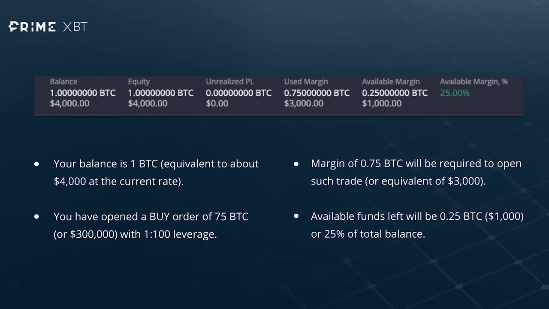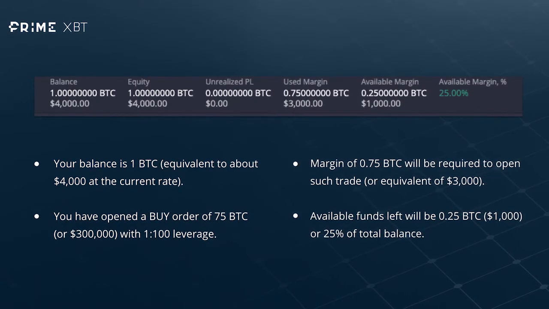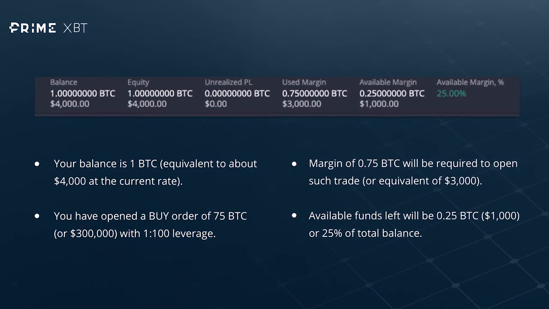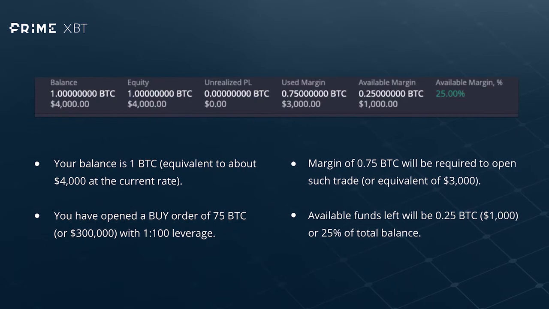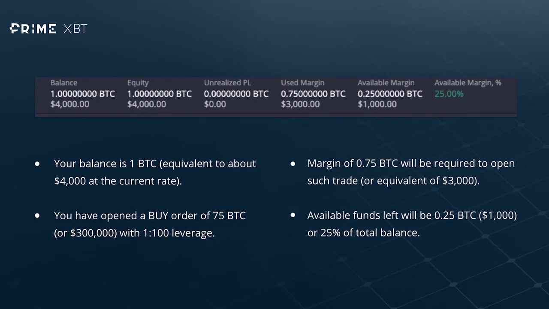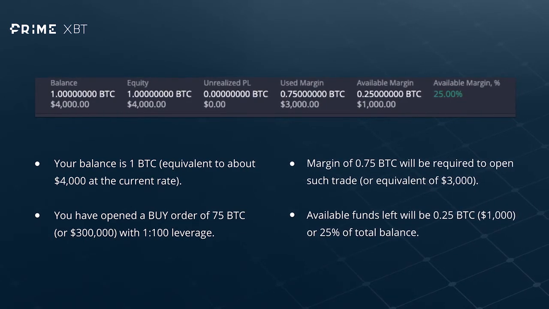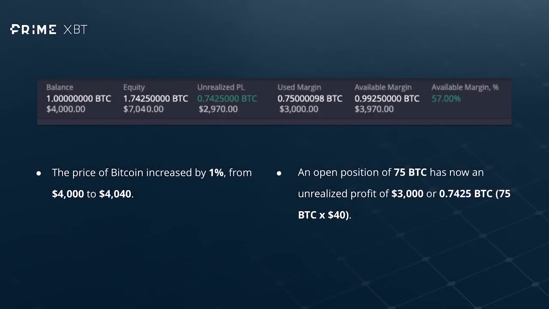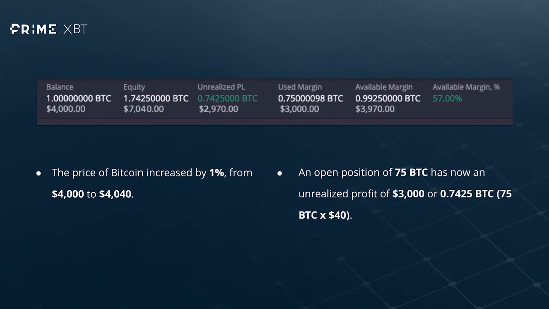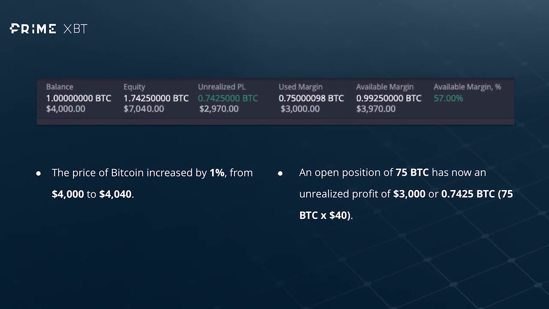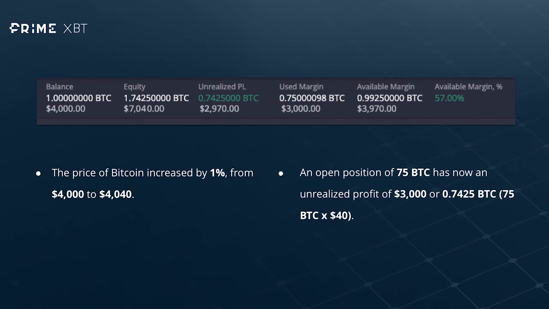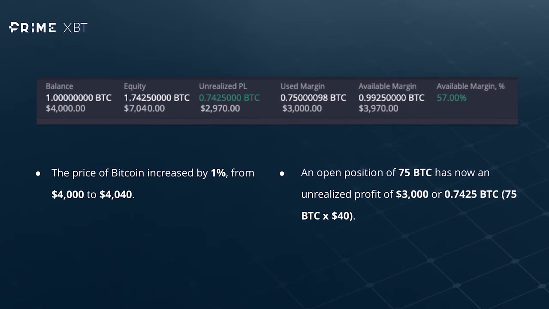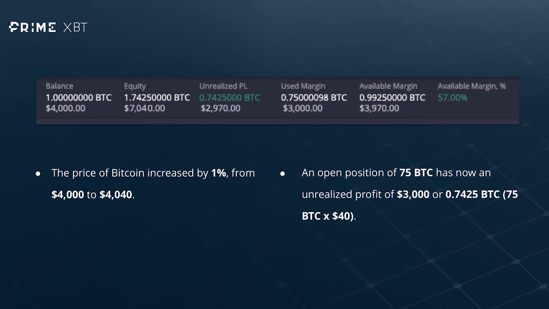In the equity line, the amount of your total capital will grow. In the unrealized P&L line, the current profit will be displayed, and the available margin, or available funds, will increase due to the fact that your open position generates profits and you can reuse these funds. For example, the price of Bitcoin increased by 1% from $4,000 to $4,040. An open position of 75 BTC now has an unrealized profit of $3,000, or